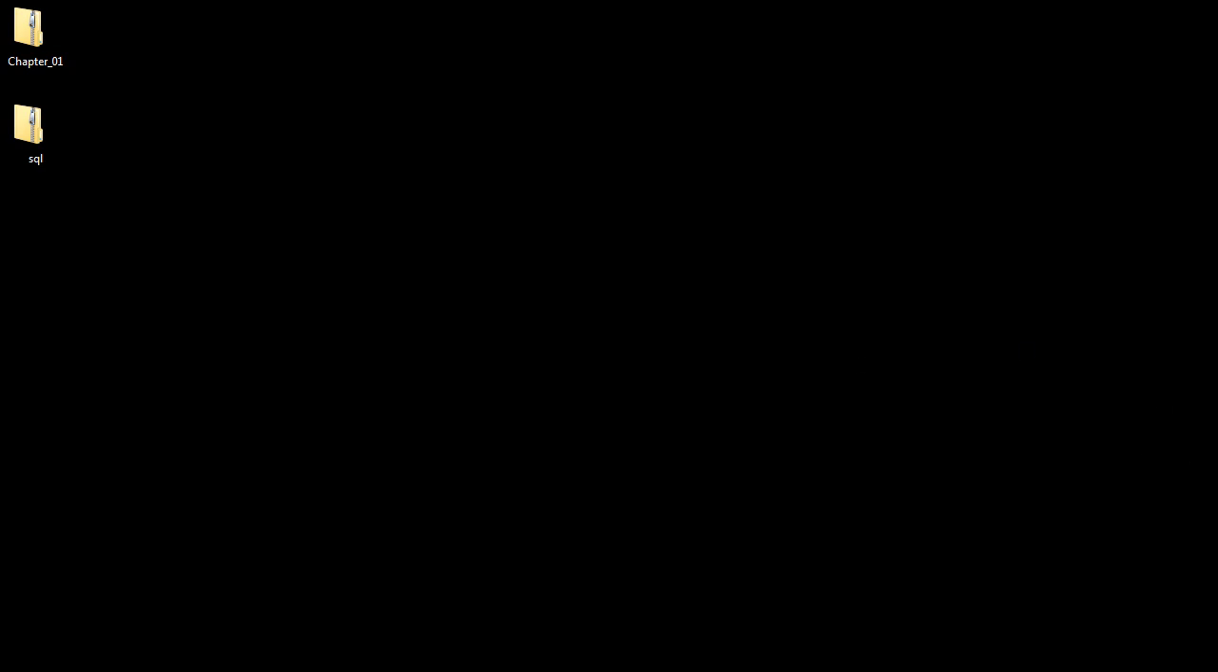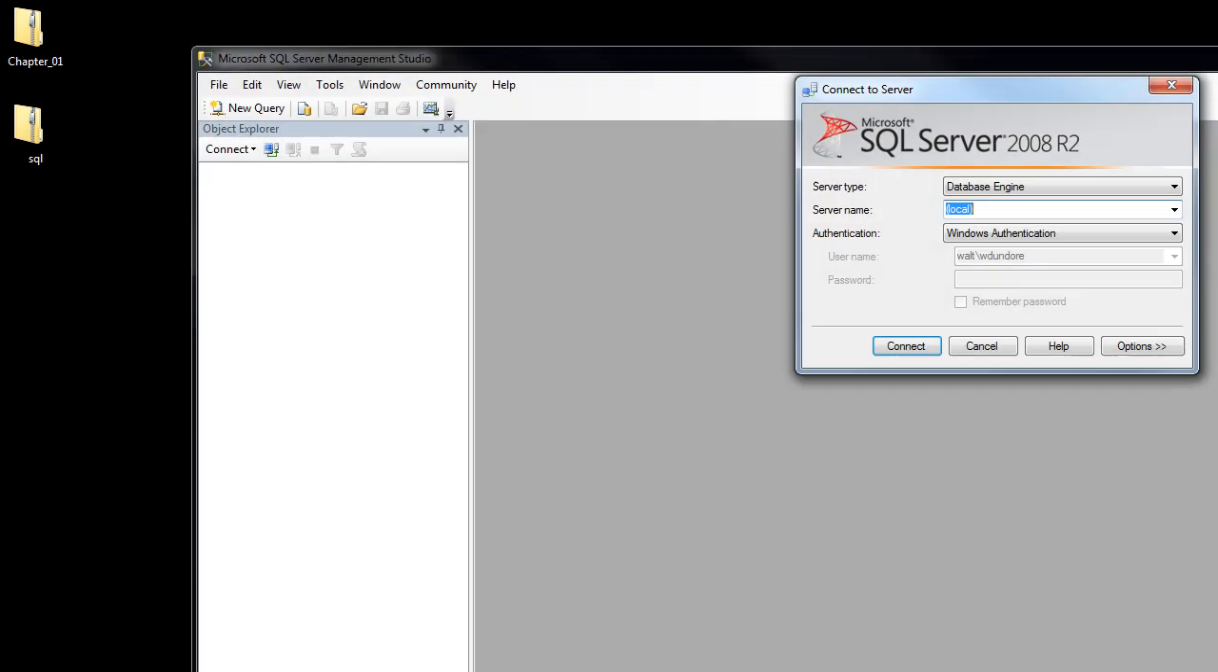Once you've successfully installed SQL Server, what you should be able to do is go into the Start menu, click on Start, go to Microsoft SQL Server 2008, and click on the SQL Server Management Studio, and you should get a pop-up something like this. For the server name, it should just be the localhost, whatever your machine you're on, when you